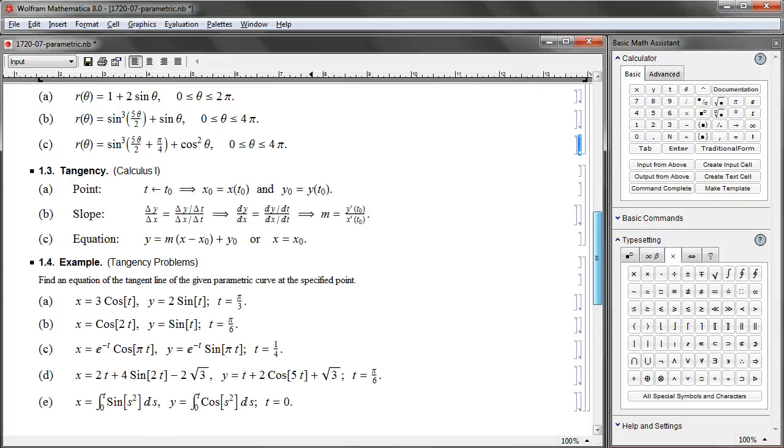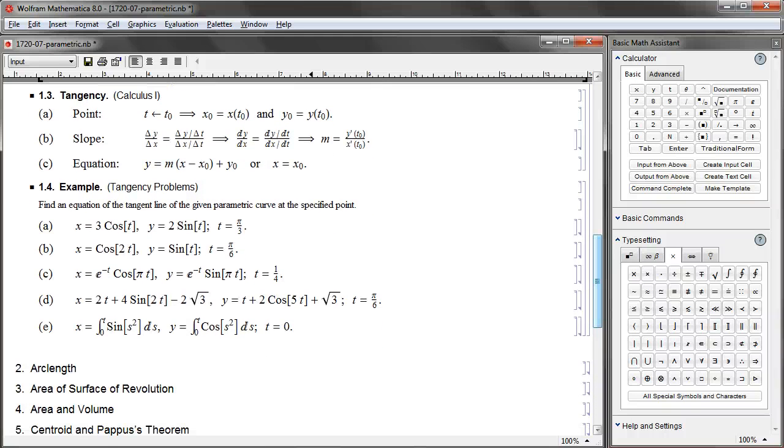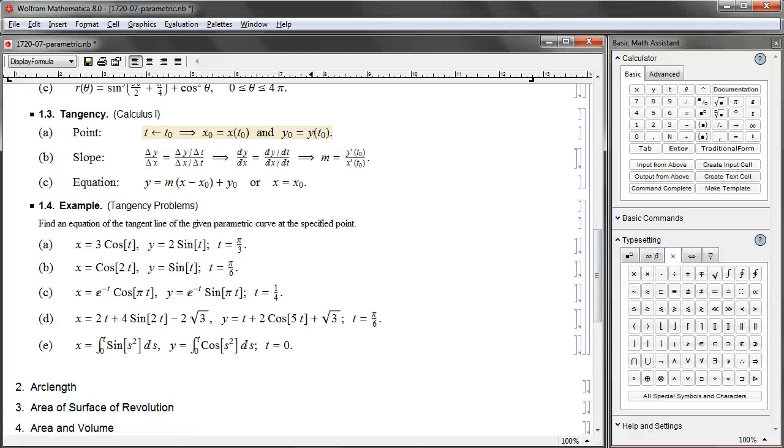Okay, those were examples of parametric curves and the moving particle model. And let's talk about basic calculus. Every semester I taught Calculus 1, I included tangency problems of parametric curves. And the step-by-step procedure is like this. Given a parametric curve and a given t value, t equals t naught, you can find x naught, y naught by simply plugging in t equals t0 to the original